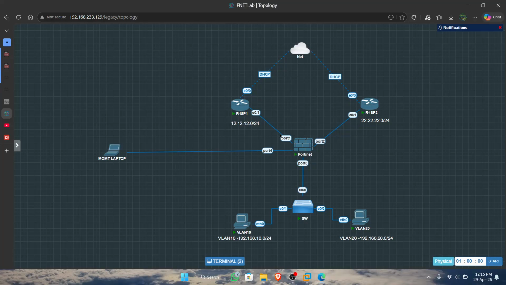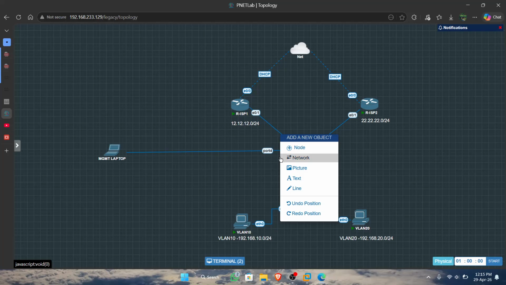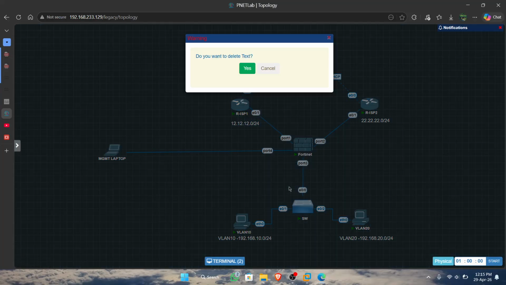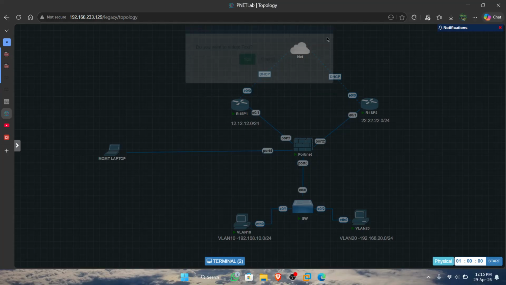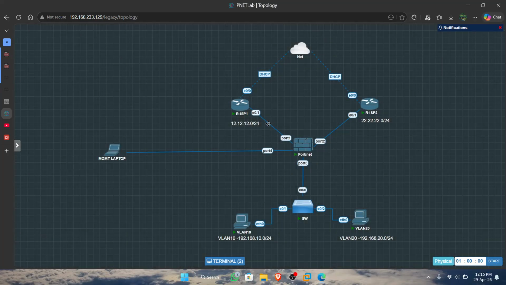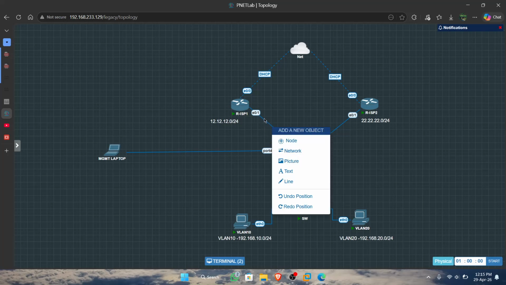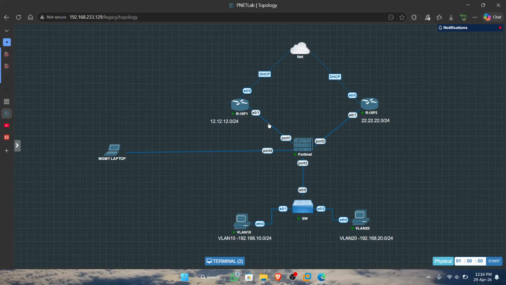Now we delete the router from the port. Okay, we try this.